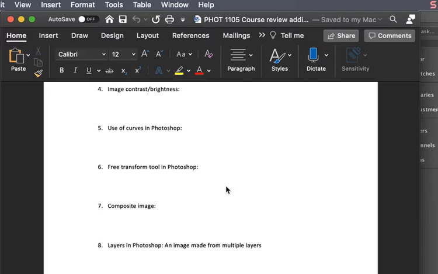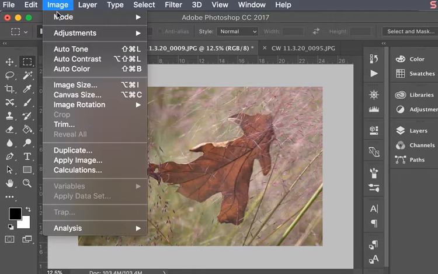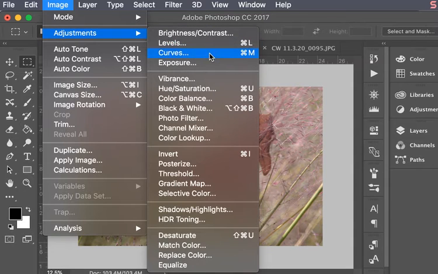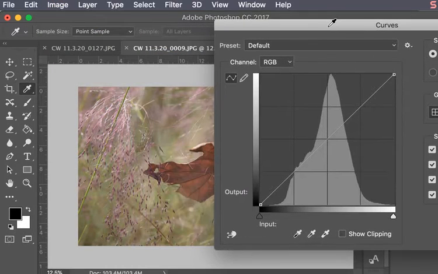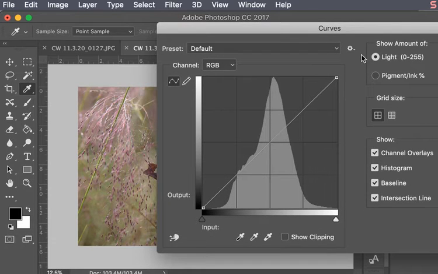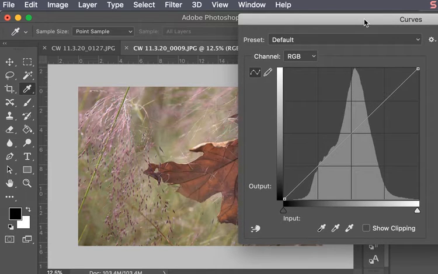Use of curves in Photoshop, and so once we're in the tool, if we are just doing a global adjustment to the whole image, first of all, how to get to the tool, image adjustments and curves, and the global adjustment affects the entire image rather than a selected part of the image. The light needs to be checked here and not pigment, and the correct use of the tool, 1, 2, 3,